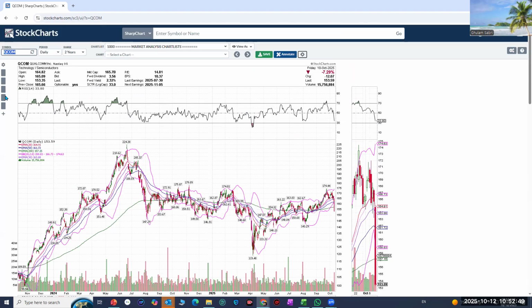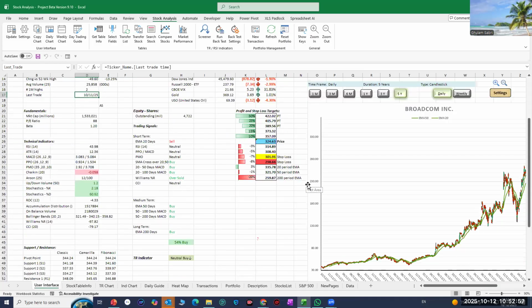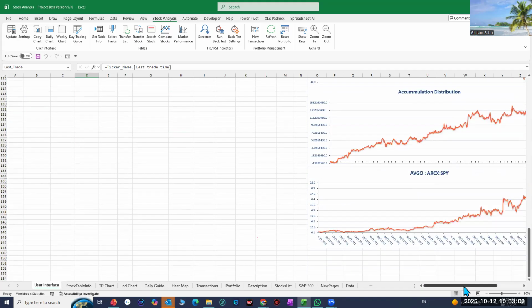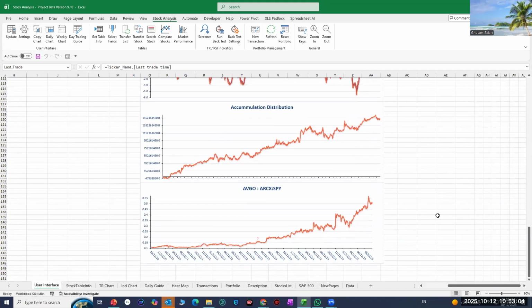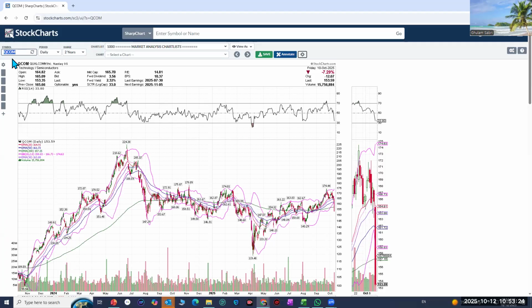Not only this, our tool also tells us whether a stock is being bought or accumulated. This particular stock, Broadcom, has a high accumulation distribution rate, which means Wall Street is accumulating its shares. At every pullback, you should expect Wall Street and investors to come and start accumulating shares at cheap prices. Compare this with the accumulation distribution on the Qualcomm chart,